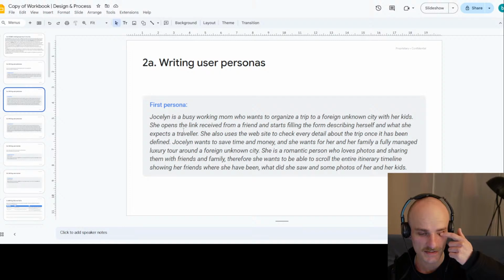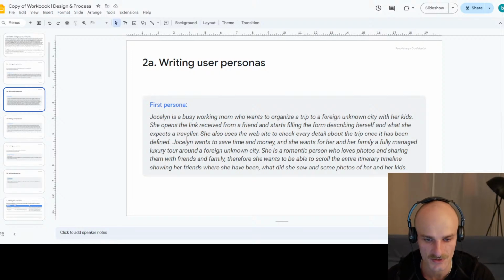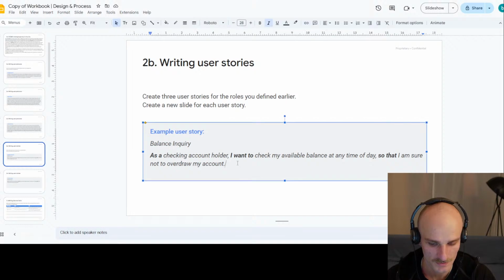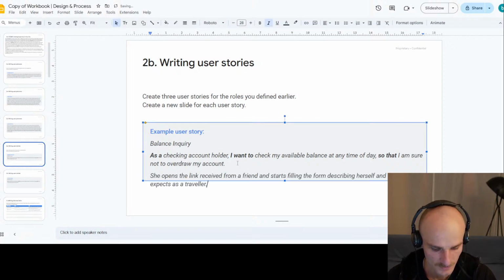Here for Jocelyn, it's a busy working mom who wants to organize a trip to a foreign unknown city with her kids. She opens the link received from a friend and starts filling the form describing herself and what she expects as a traveler. Okay, therefore, as a traveler,